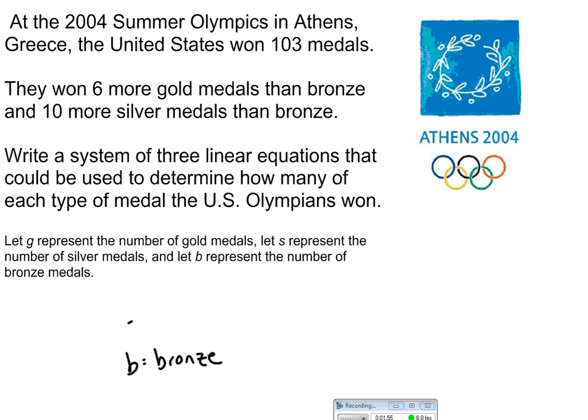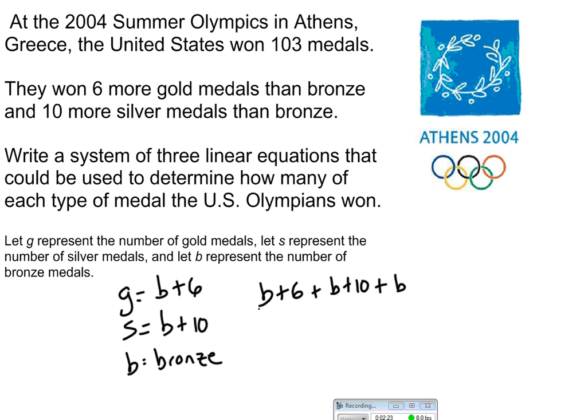The S is silver. So now one way to represent the silver would be just to say B plus 10. And one way to represent the gold would be to say the bronze plus 6. So B is the bronze, B plus 6 is the gold, B plus 10 is the silver. One equation I can say then is that the gold plus the silver plus the bronze is going to equal 106. So once I figure out what B is for the bronze,